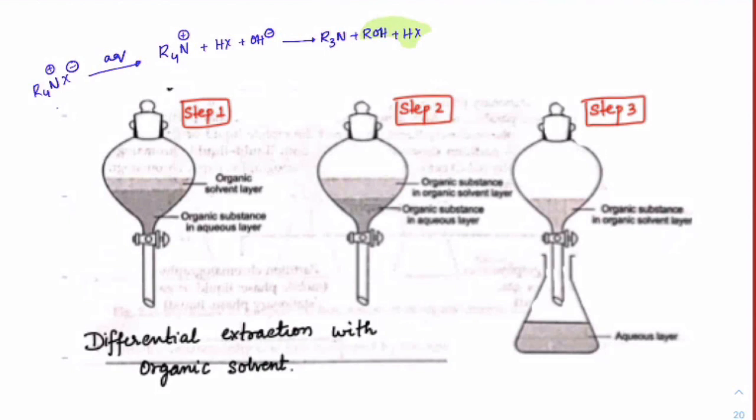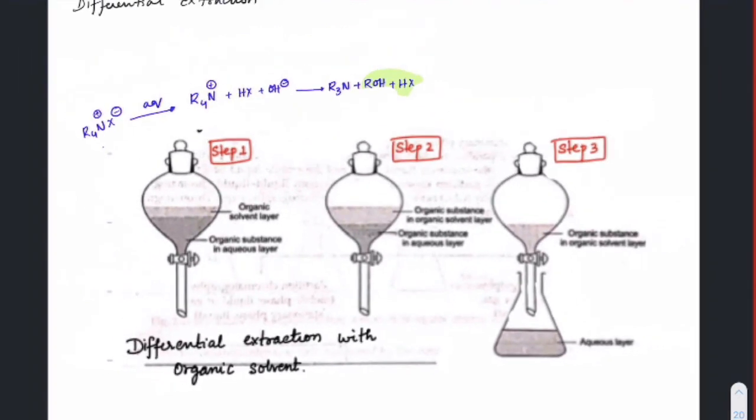We just have to leave it over a time so that both these layers get completely separated. Once separated, slowly open this and carefully remove the entire water part. This organic part, which is like alcohol, is soluble in the aqueous layer, and this organic part is soluble in the organic layer. So that will be left over in the organic layer and this will get dissolved in the aqueous layer. Both can be separated out. Is this clear, everyone? This is called differential extraction.